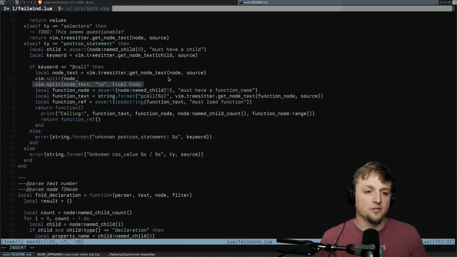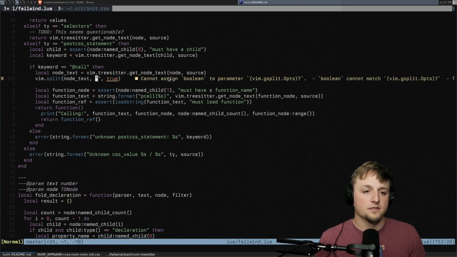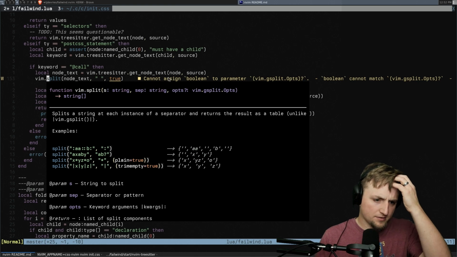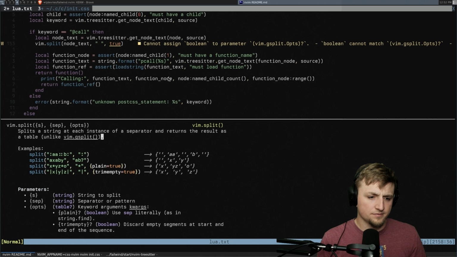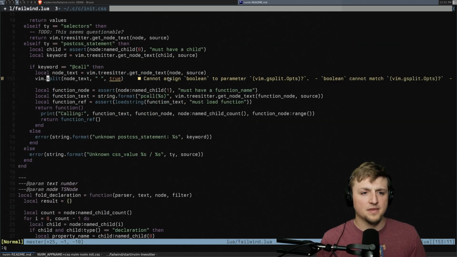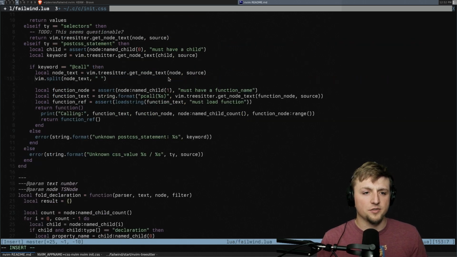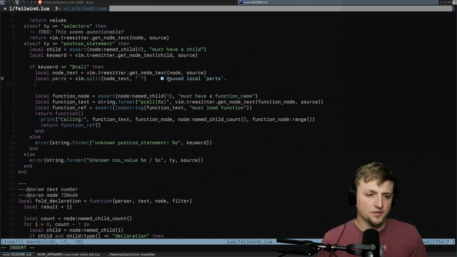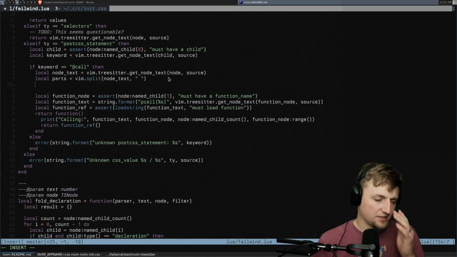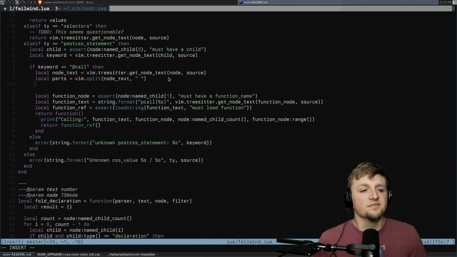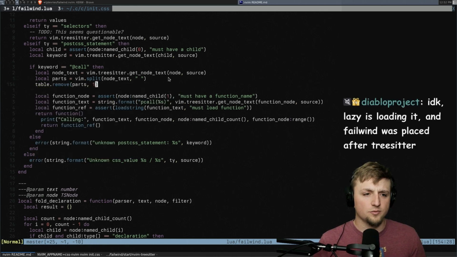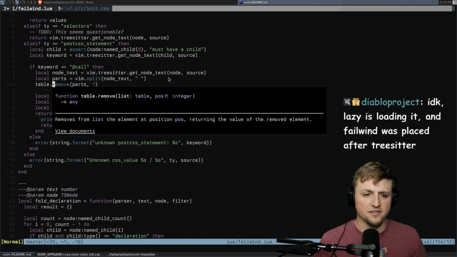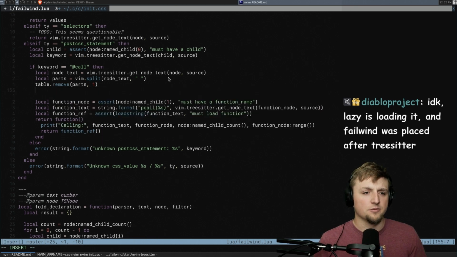Vim.split node text to space. Does split have a max? Vim split. Do we have like a find trim empty? We don't. Okay, so we can go like this. So we can go local parts is this. What do we want to do? We want to get table dot remove parts 1. This table remove modifies in place. Then we can go